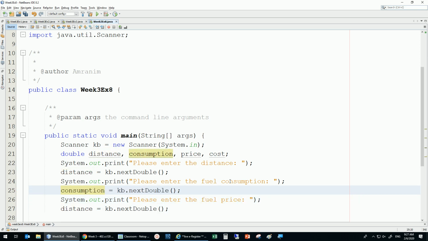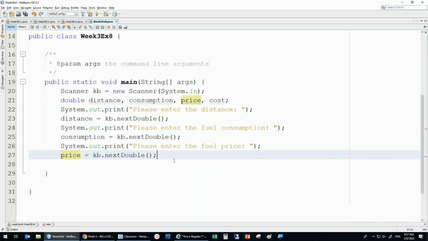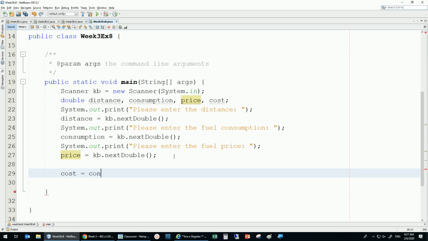Notice that I'm not going to type the whole word. Control Space is going to allow me to just finish the rest, and it's better to always name your variables with something meaningful, so it'll be easier for you to follow up. Now that I have all the inputs, all I need to do is the calculation. The cost is equal to, remember, the consumption divided by 100, multiplied by